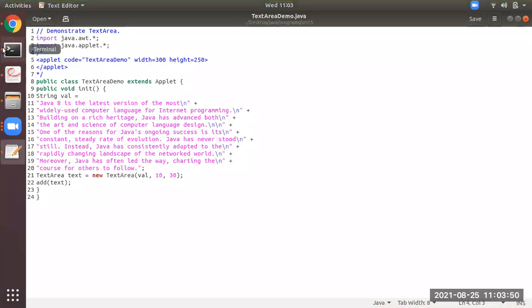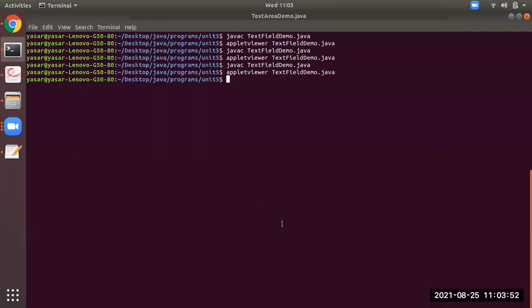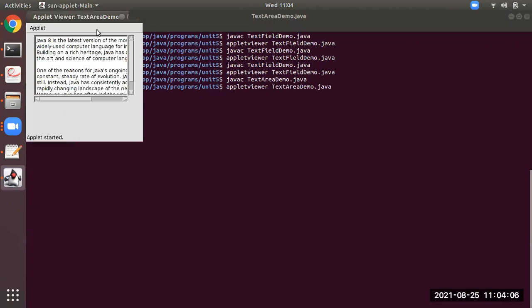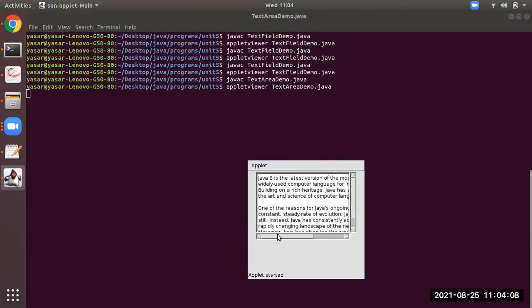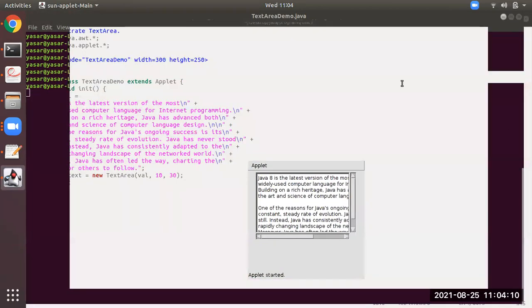So see, students, I have copied the program. Okay, let us execute it. First, compile the program, .java. It is compiled now. Run this applet program. See, this is the program.